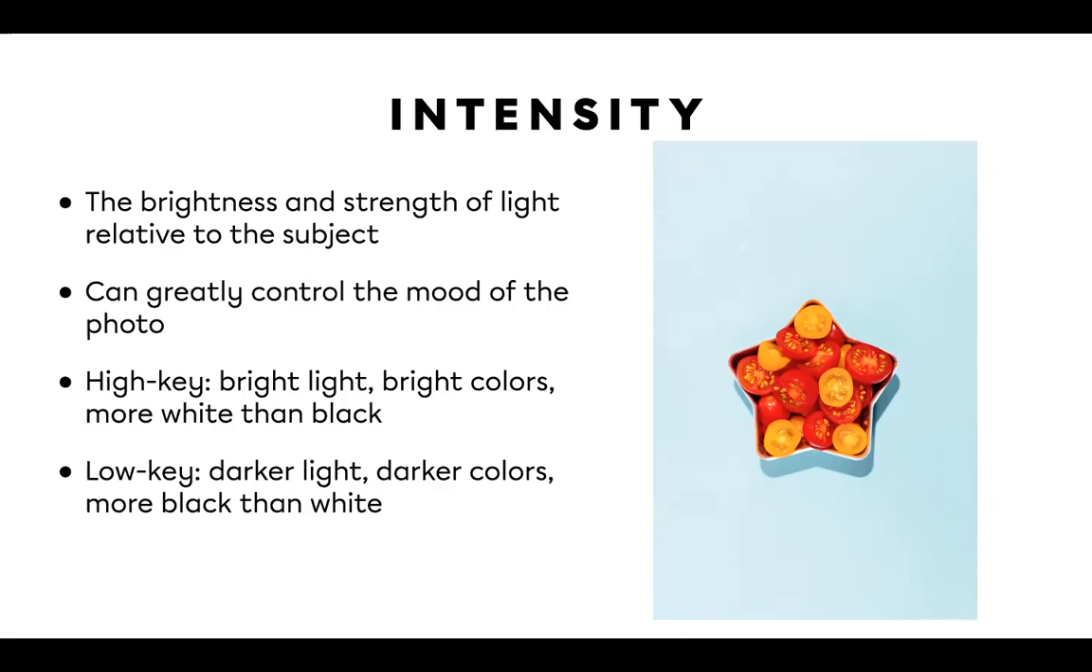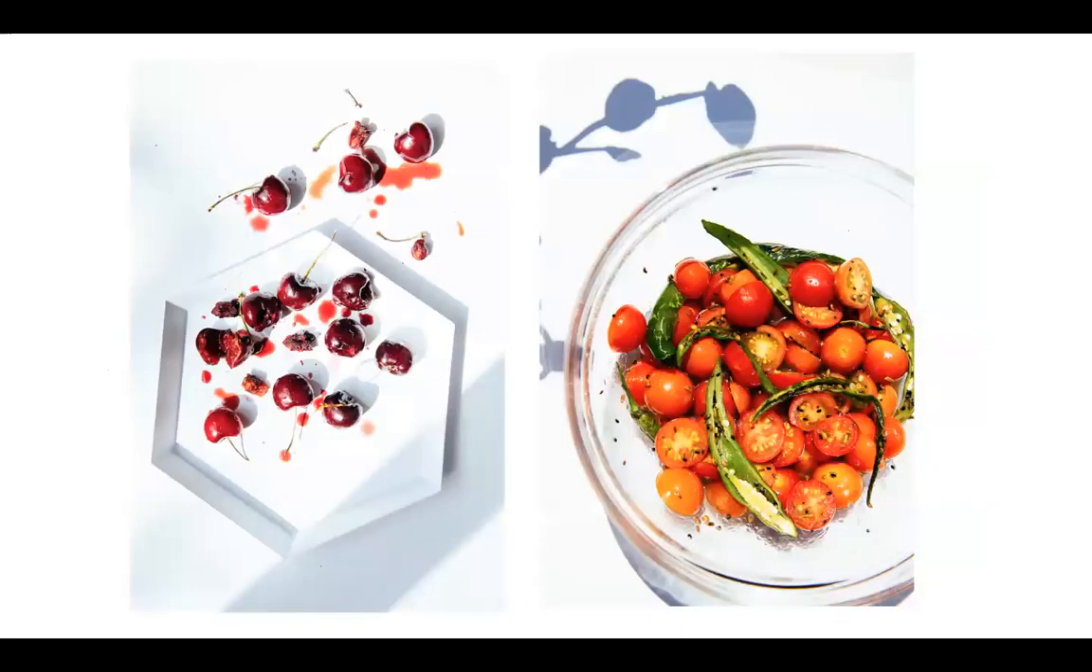But with low key, you're going to have darker lights and darker colors. Again, if you look at this graph, you'll have more blacks on your map than you do whites. And this can greatly affect the mood. Obviously, in an image like this of a star bowl full of bright colored tomatoes, that's kind of a happy image. Here are some other examples of high key images where the light is really bright,